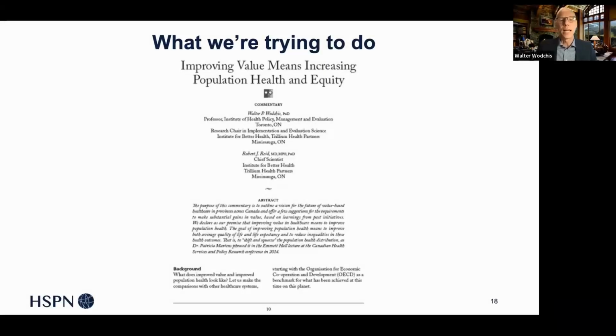The first piece is that, when we think about Ontario Health Teams and the mandate for Ontario Health Teams around population health and integrated care, improving value really means both the health of the population and equity. I've skipped the slide, but maybe you can imagine it. I'm sure it's going to be up in the next couple of events, where we think about population health, and what we need to do is both shift the curve and improve population health, and also squeeze the curve, which means that we are bringing the different ends together by bringing up those people at the lower ends of the